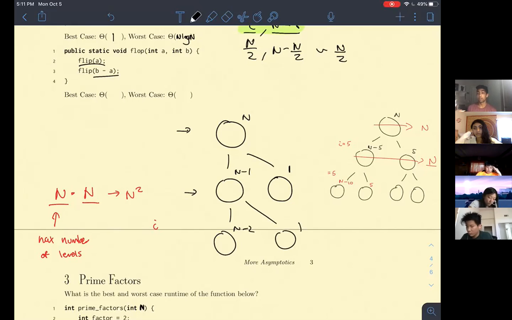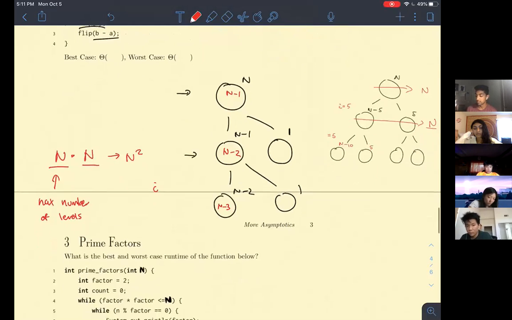If we look at this tree, the runtime is that each level in the tree, this level will do n minus 1 work, this level will do n minus 2 work, this level will do n minus 3 work. So the total runtime here is the sum of all the levels. We see that this sum is n, I'm just gonna say this is n for simplicity, plus n minus 1, plus n minus 2, plus all the way up till 1. The value of this sum is n squared,